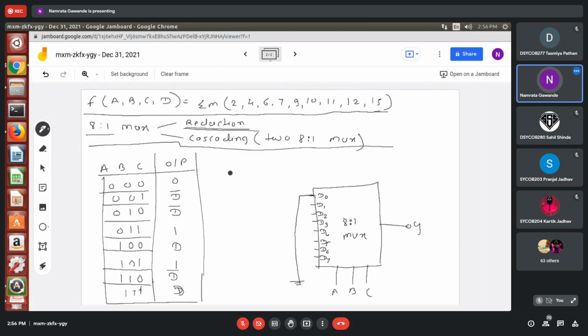Take one input as D, and if I take D as input, D bar will be the output, so here I will require a NOT gate also. Then you can see where D bar is connected. D bar is connected to D1. So 0, 1, 2, 3, I will write in terms of decimal, 4, 5, 6, 7. So D1 is D bar, and D2 is also D bar.